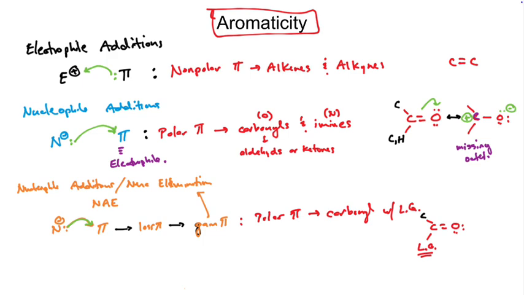Okay? It's still that same kind of missing octet issue, but what we end up looking at for these is the varying leaving groups that you could have, and how they affect the electrophilic carbon. Okay? So those are our three primary classes of reactions that we've gone through with a whole bunch of different reagents. One of the things that I do want to address is that there's no way that I would reasonably